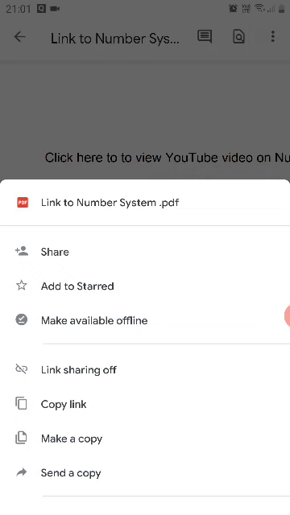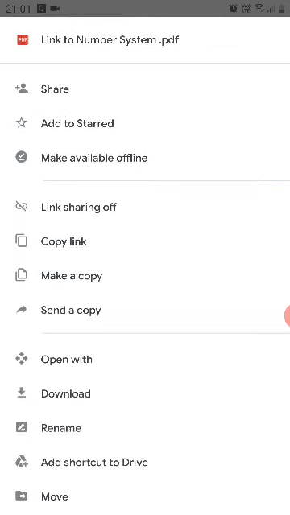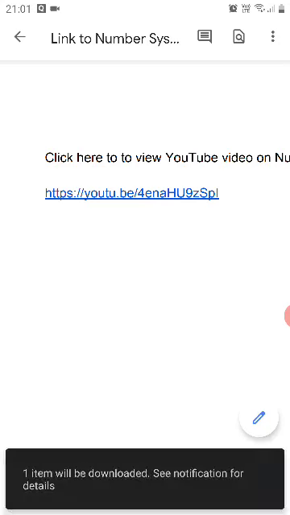Now the next part is that you can download it, so that at present it is in Google Drive. If you want, you can download it. If you click on download, it will go to your download folder. In case you are going to use some other software, or as an attachment you want to upload this PDF containing the link to your YouTube video, you can easily locate this PDF file in your folder, so you can download it or make a copy.